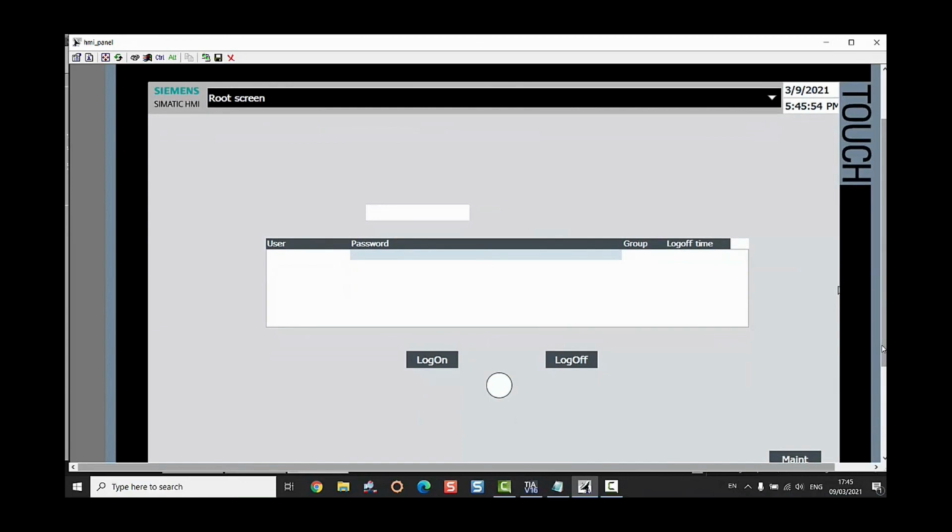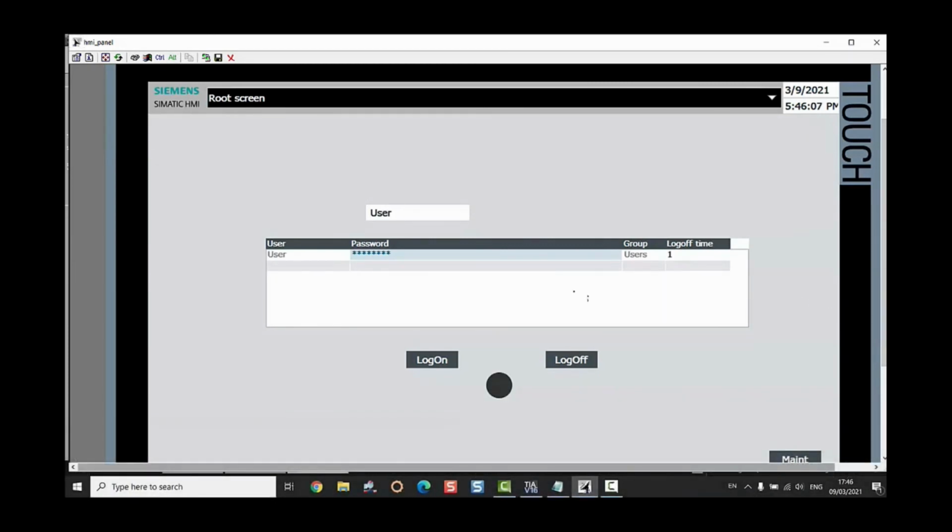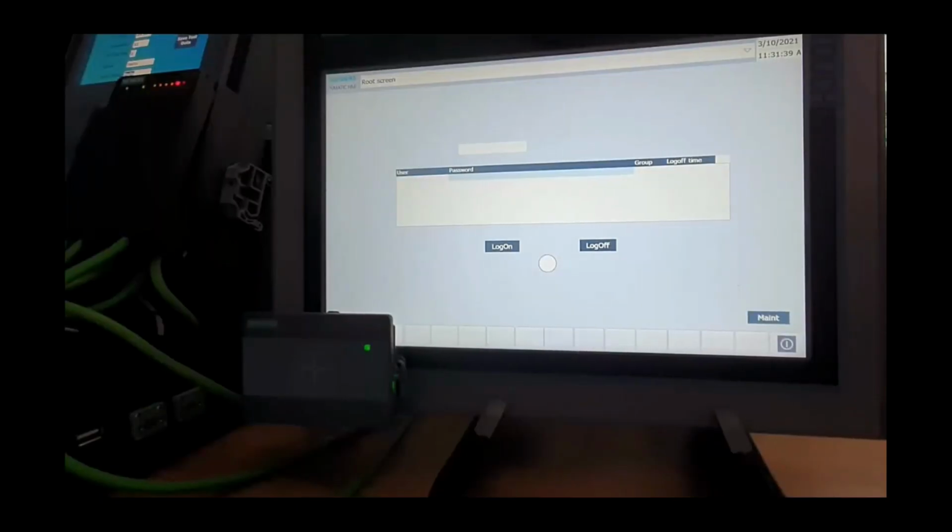So I'm going to put the tag against the RFID reader, and the green circle should hopefully change, and we should get the user information. So there we are, user. If we remove the tag, it should automatically log off as well. So put the other tag against the reader, and it should be the administrator. Again, just to show it wasn't smoke and mirrors,